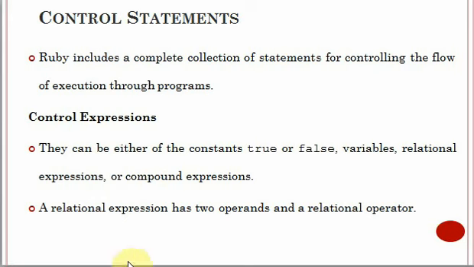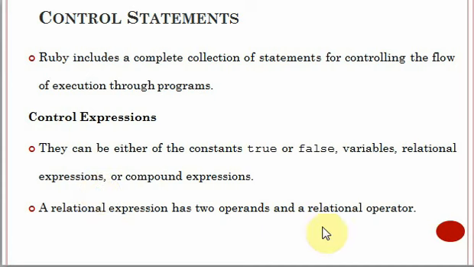So now we'll see control expressions. They can be either the constants true or false, or the expressions can be a variable, or it can be a relational expression or a compound expression. So true or false, that is Boolean, or some variables. Relational expressions are nothing but expressions wherein we are using the relational operators, which are used to compare